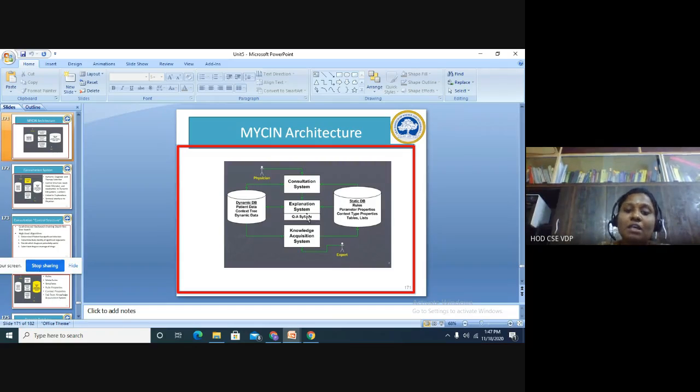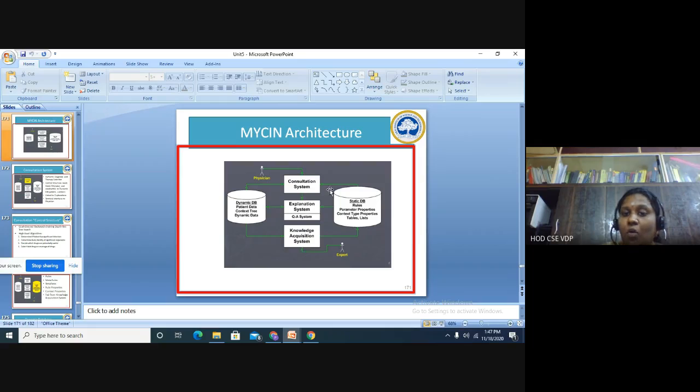You have something similar to your normal expert system architecture, right? So what all you had in your expert system architecture, you had the dynamic knowledge base. Then you had something called the knowledge acquisition system, wherein you will have all the experts, for example doctors or lawyers or chartered accountants. According to the expert system that you build, you'll have experts, and they will be feeding the knowledge acquisition